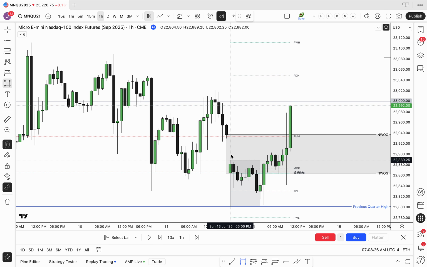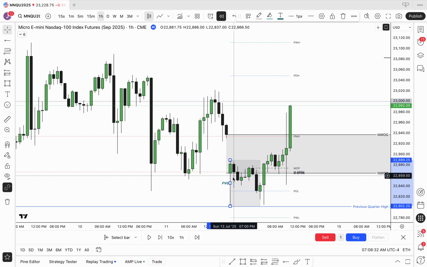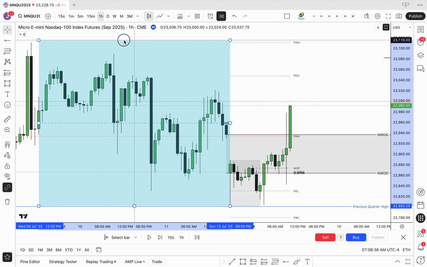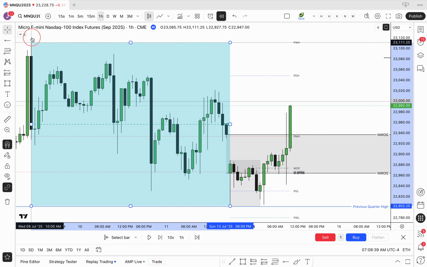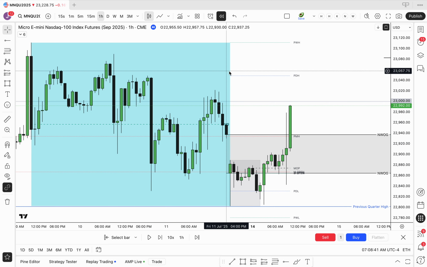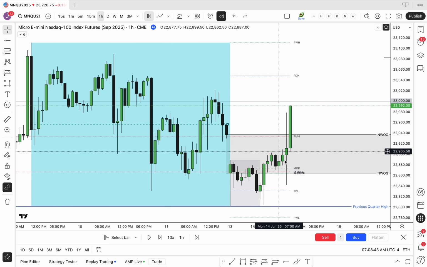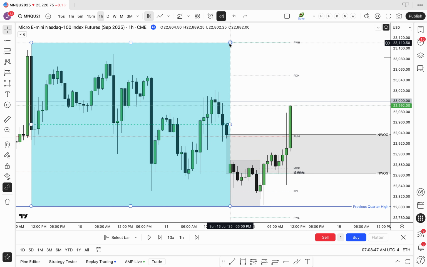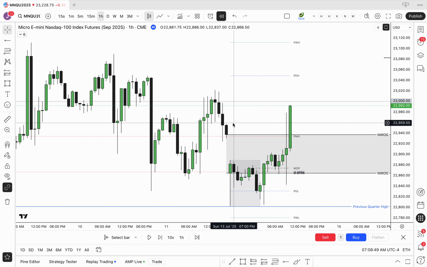So you want to use price action that is to the left over here. Okay, so everything over here would be the left side of the curve, and that's what you would want to drag across and use to determine the order flow on the right side of the curve. And a really good starting point for the week is a new week opening gap if you have one. If not,